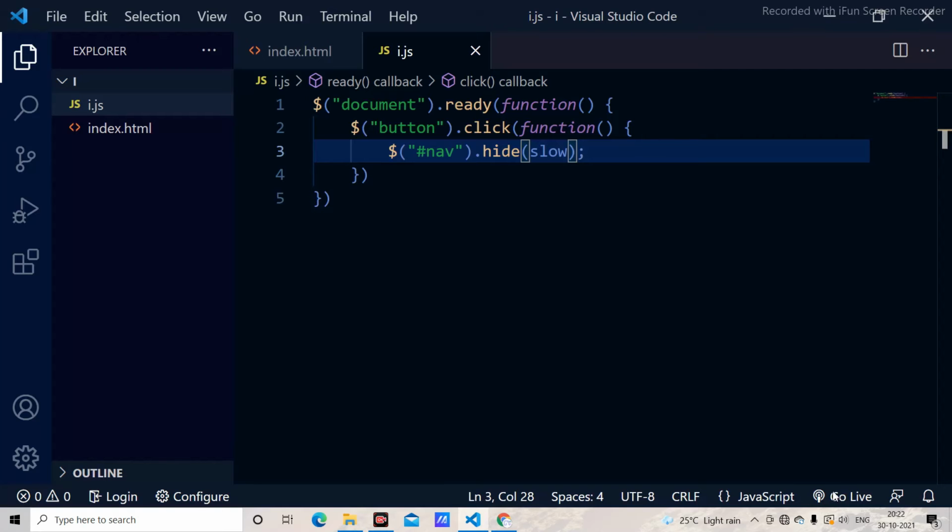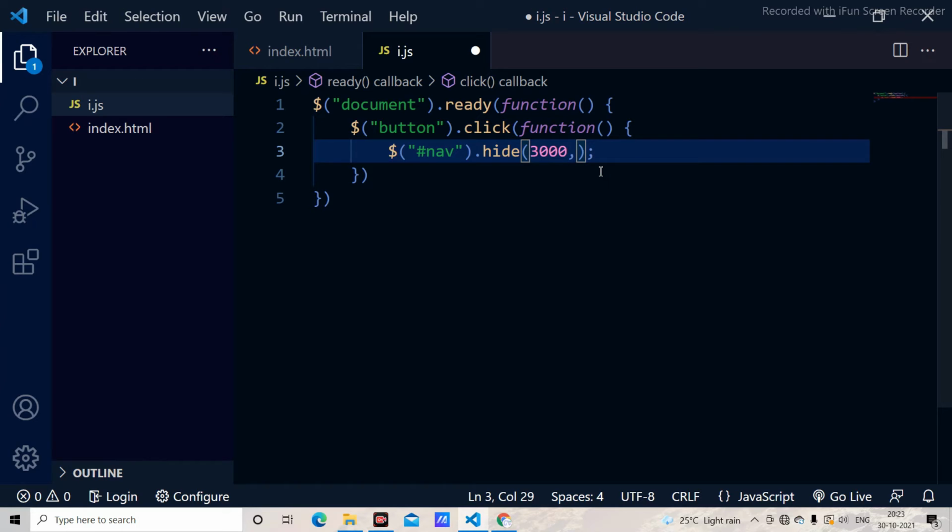I just go with speed. Because slow and fast are not going to work in some of the browsers, it is not working. You can directly use the timings like 3000 and 4000.